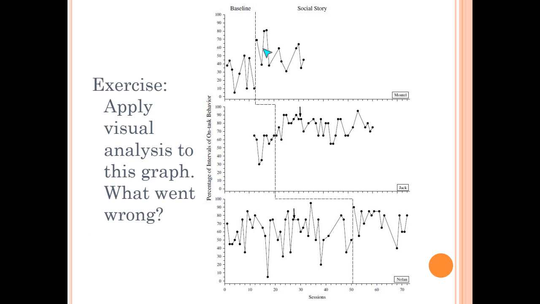The second and the third, however, are very problematic for various reasons. The biggest mistake being made here for number 2, for Jack, is that the baseline doesn't start with all the other baselines. That should,